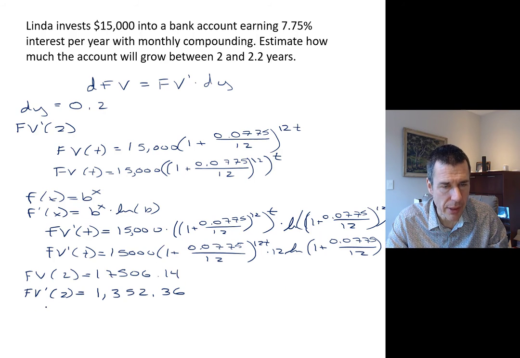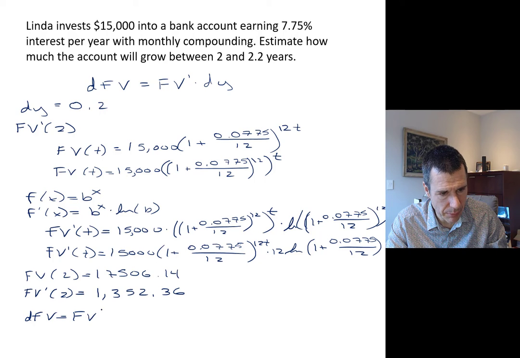And when we're estimating using differentials, the approximate amount that the account will grow is dfv, which is fv prime of 2, the instantaneous rate of growth, times dy, which is 0.2. So that's 1,352.36 times 0.2, which is